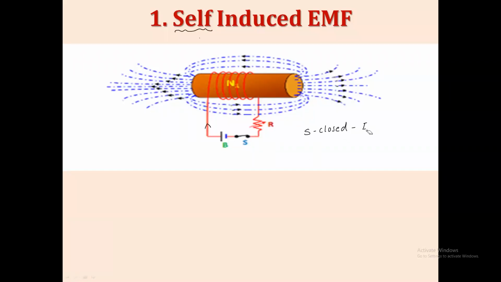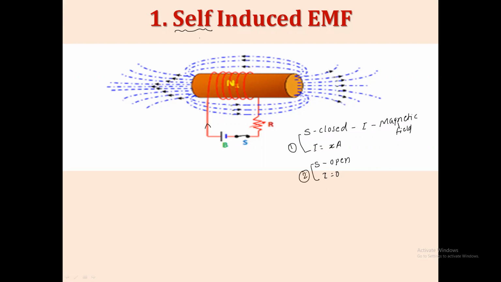Yes, sir. Okay. Now here I can say, when current starts to flow, then a magnetic field is produced, because current is the responsible component for producing the magnetic field. When S is closed, suppose the current has a certain value, say X ampere. This is case 1. And now we consider that S is open. Now what happens? Current becomes 0. Is it right? If the current becomes 0, it will not create the magnetic field. This is case 2.